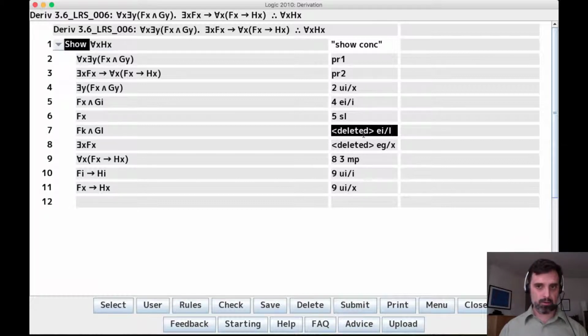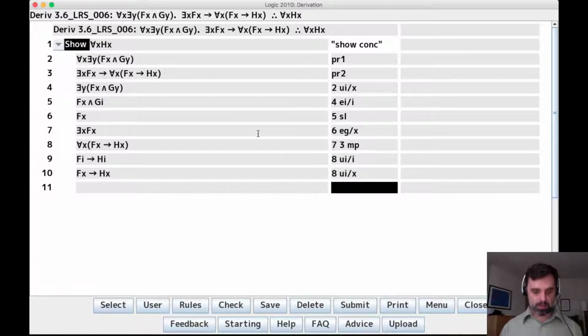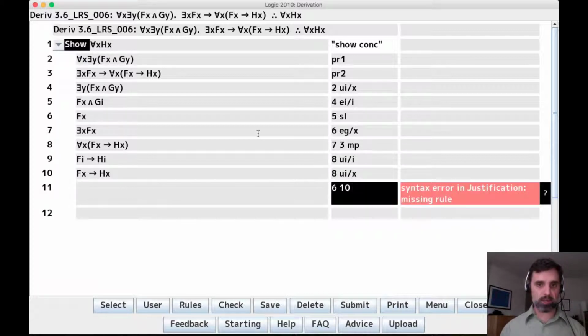Let's see. We don't need that. And this is line 6. Right? We don't need any of those things. But in noticing that, or in pursuing this strategy, in completing this derivation,